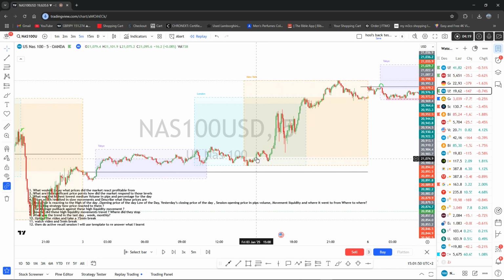Okay, price opened there. That was New York session's opening price. Price traded, not a fake out, but it traded below the opening price and then closed back above the opening price and moved